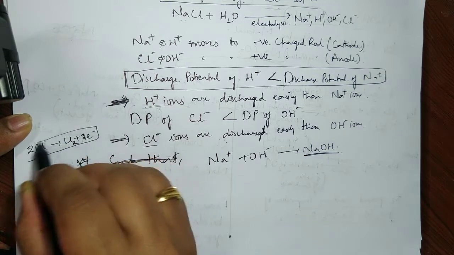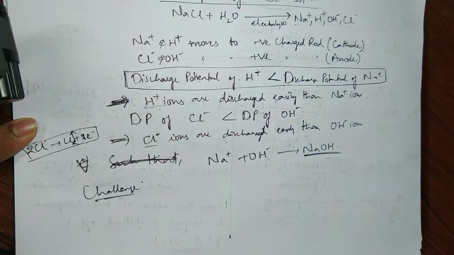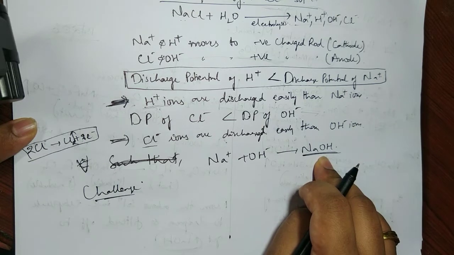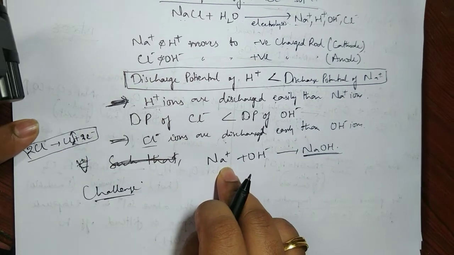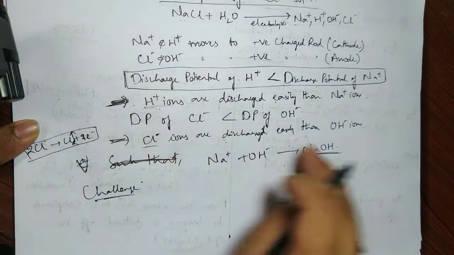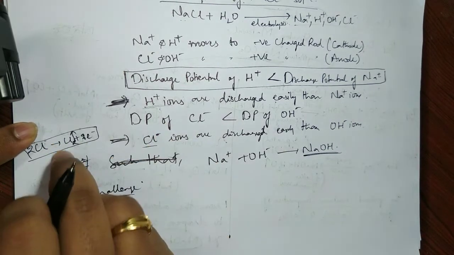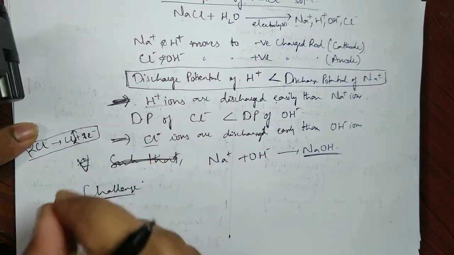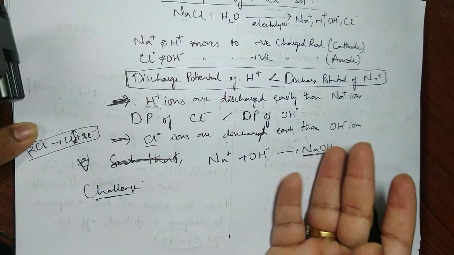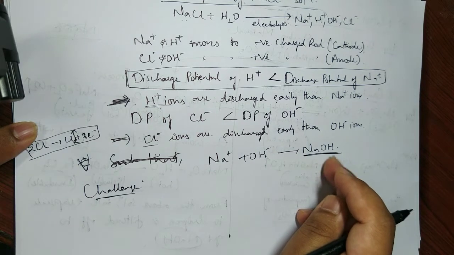The chlorine gas that is released, if it is not removed or evacuated immediately, this Cl2 gas will react with this NaOH. Or this Cl2 can also react with sodium and form NaCl back. Either reacting with this or with this is most likely to happen. So I should remove this chlorine gas as early as possible. As soon as the gas is formed, it should be evacuated. If not, it will react and form the reverse, that is NaCl, or chlorides and hypochlorides of sodium are formed.